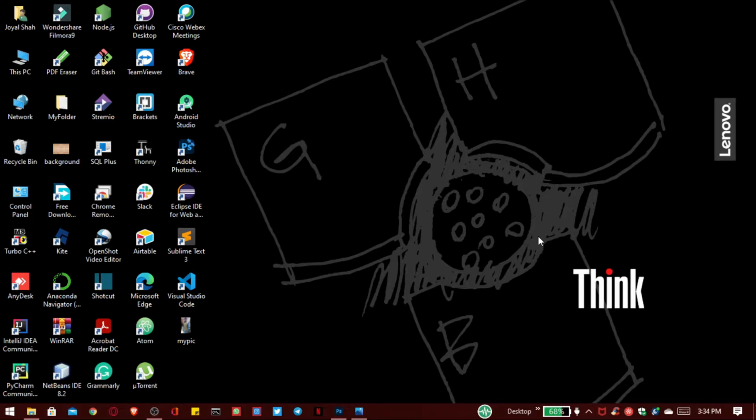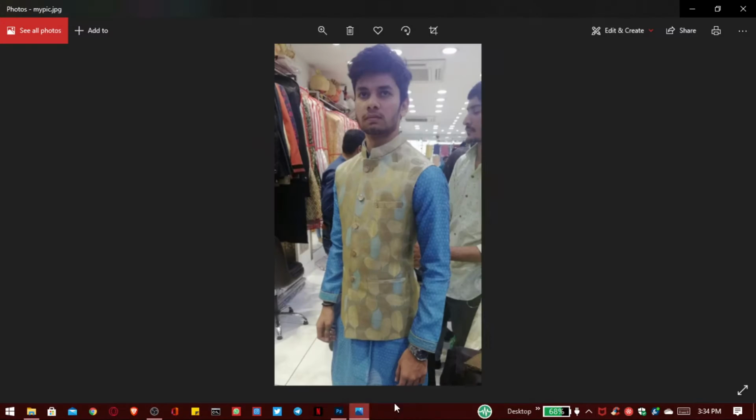Do you want to change the background of your image? Sometimes the picture of you is actually nice, but the background is not good, so you don't post it on Instagram or Facebook, and you don't put it as a profile picture on WhatsApp. Do you want to change or replace that? Then you are in the right place.